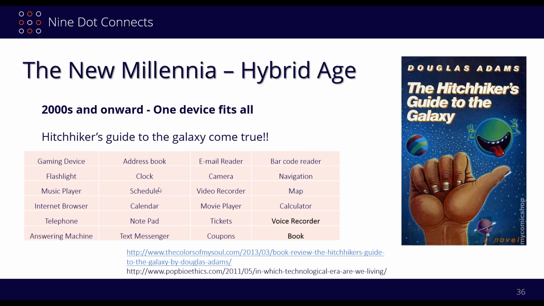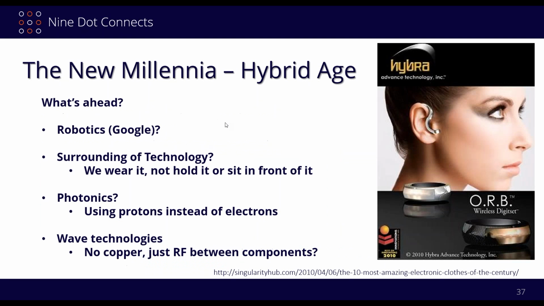So the question ultimately comes, and this is what we have to think about because it's really tough to determine where we're going to go in the future. So what's ahead? And I put question marks here because who knows? I know Google, for example, is doing a lot of robotics. Obviously, it's going to require printed circuit board design, possibly flexible circuit design. This is also what they call the surrounding of technology, where we wear it, not just hold it or sit in front of it. Are we going to see something in photonics, where instead of using electrons, we're now using photons,